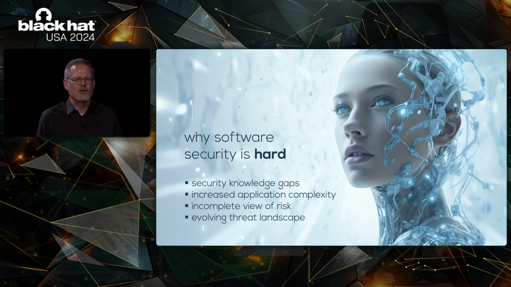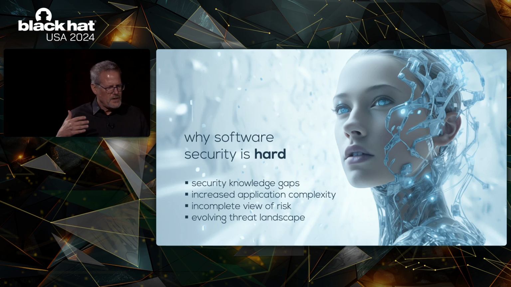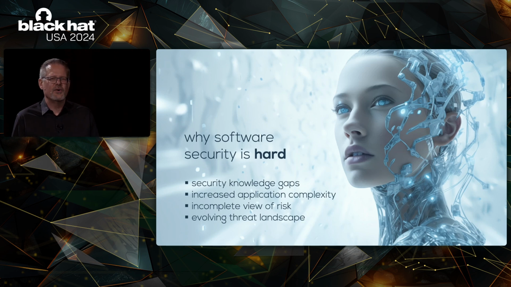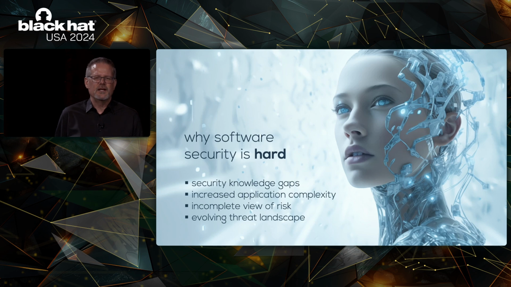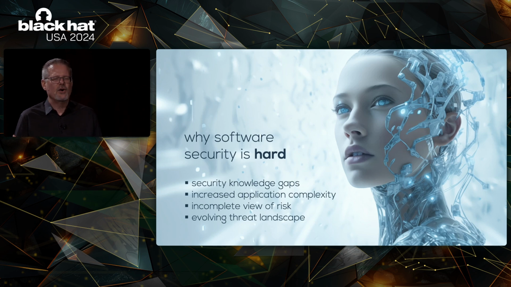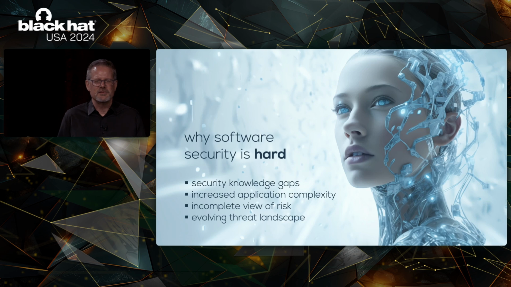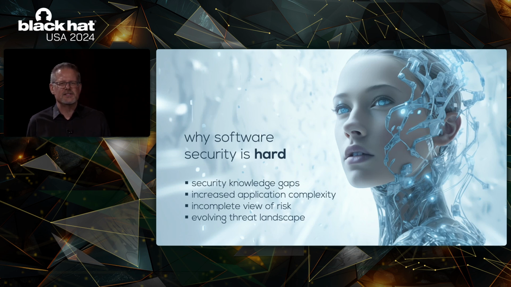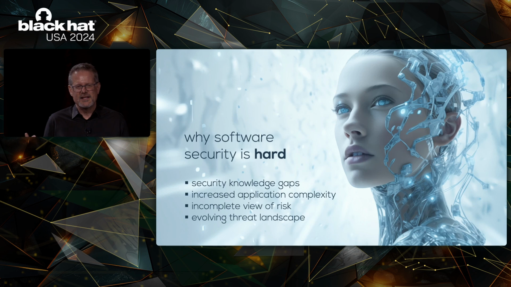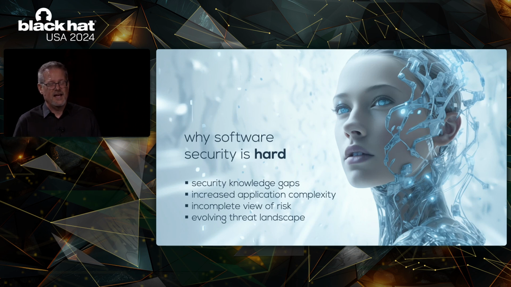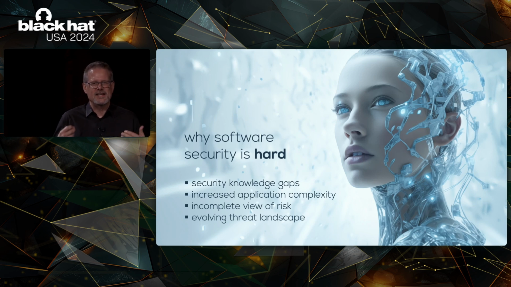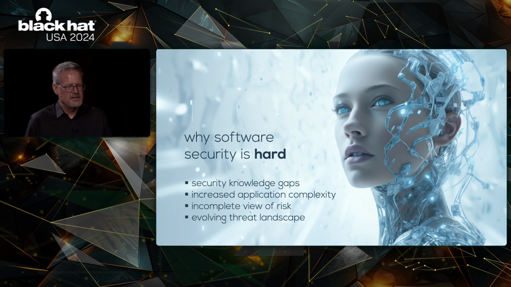And finally, and this is probably the worst problem, the threat landscape keeps changing. We know open source code. We find new vulnerabilities in that open source code over time. That needs to be updated. Old code interacts with new code, causes a new vulnerability. So just maintaining code over time is hard. Someone once said, open source ages like milk. At some point, it's going to go bad, and you're going to need to fix it. And this risk just keeps accumulating, and it takes effort by the development team to keep up with that.